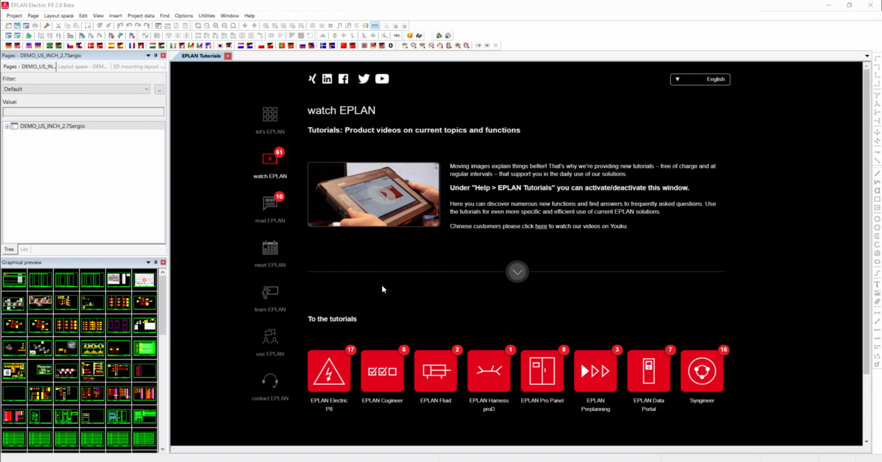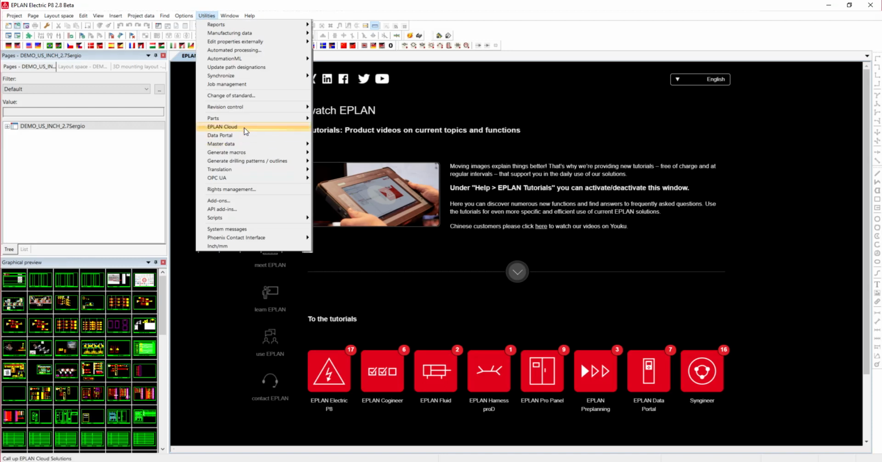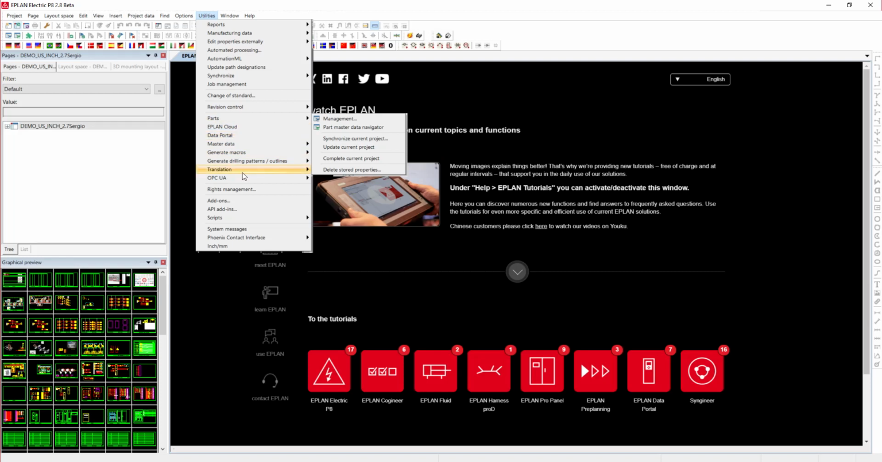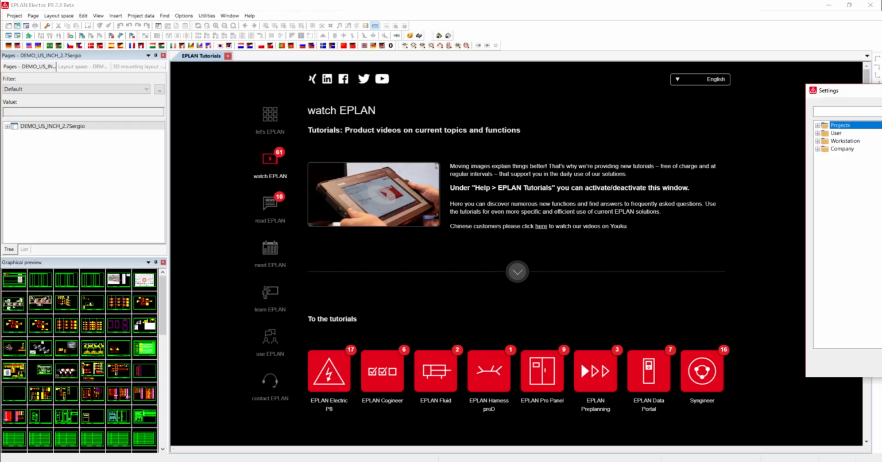So just to demystify a few things about the systems master data versus the project master data versus the original data and so on and so forth. One of the aspects to look at is, when we're working with EPLAN, we have what is called a systems master data. And basically what the systems master data is